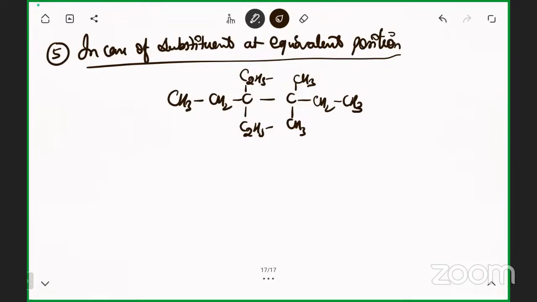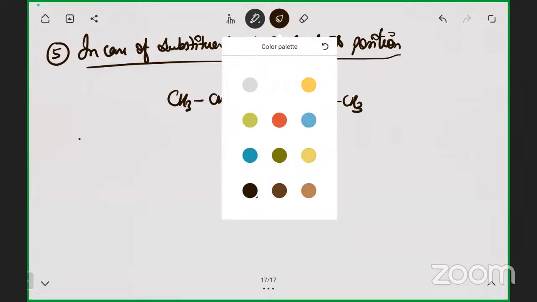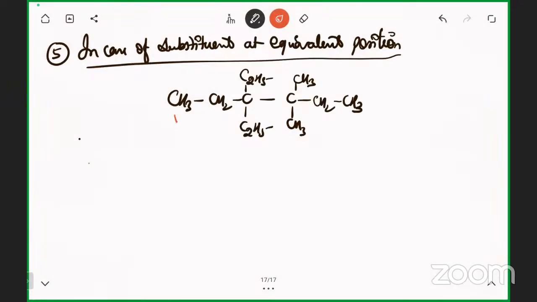Yeah, sir, I think from the right side. Okay, so here we again have one rule. First, second, third. If I go from the left side, it will be 1, 2, 3. If I go from the right side, 1, 2, 3. Now what will happen? The rule says that